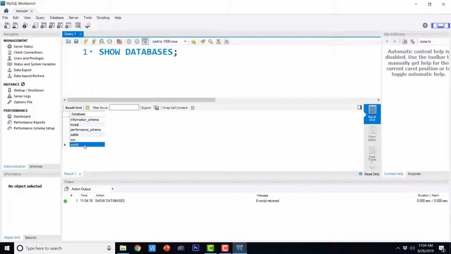Okay. So here, database and schema are synonyms in MySQL. In Oracle, we have a schema for every user, but in MySQL, it is a bit different. So if any one of you is from an Oracle background, then it might be confusing at first that a particular user can have multiple databases or multiple schemas. But that is how it is in MySQL.